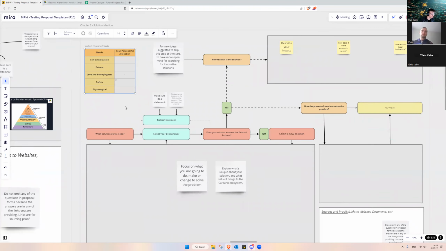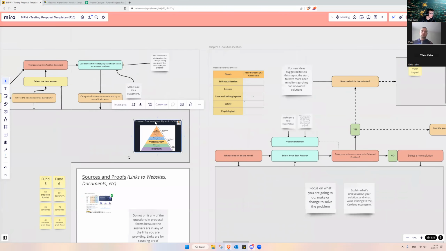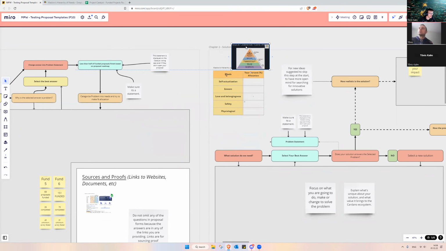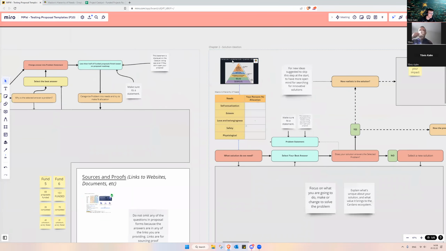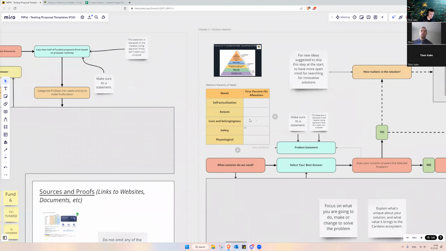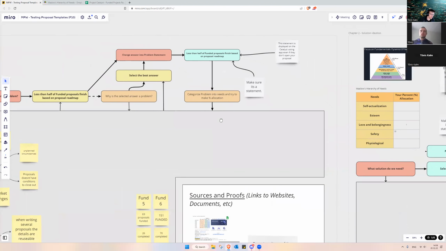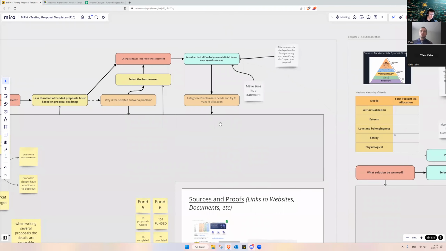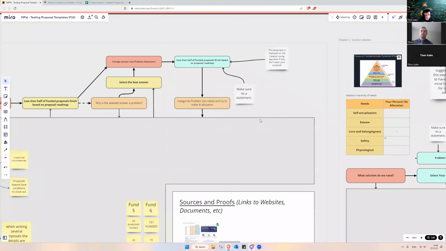Somewhere there, but let's put this up and this down, because we can ask, do we need this solution for this problem, and then allocate the percent. But right now I feel like we were trying to ask, do we need this problem? No, we don't need this problem. Or, well, if you now look at it in the eyes of